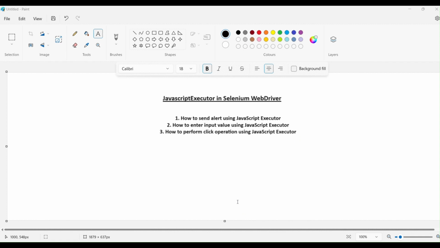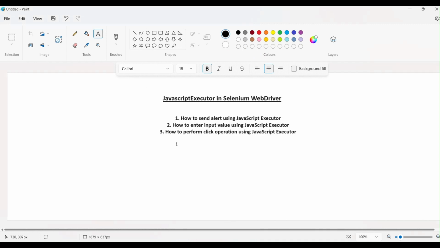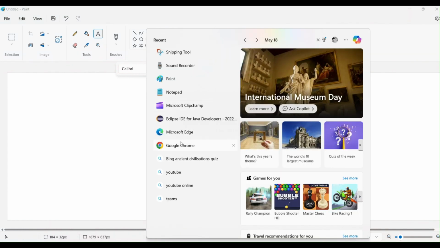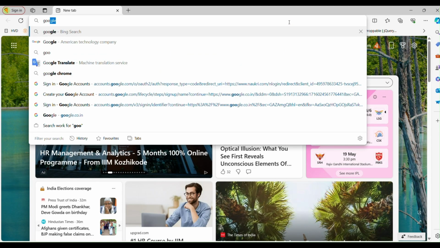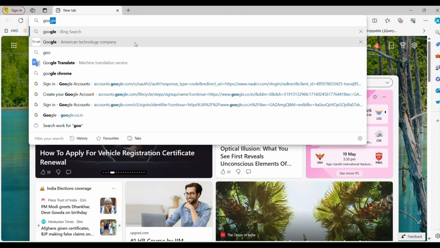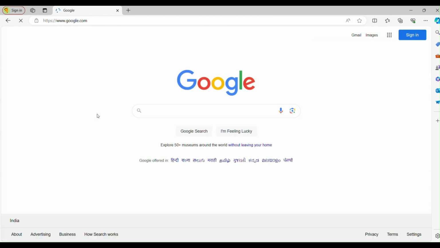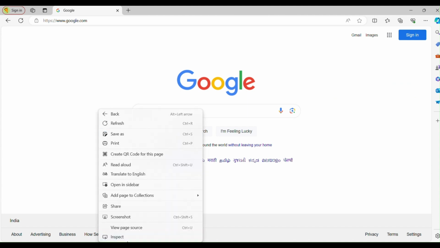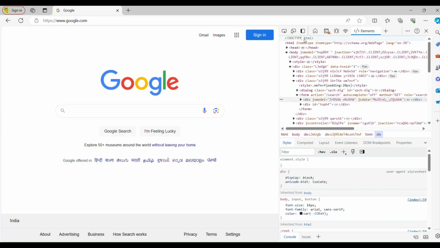So I will show you first one example where we can understand how JavaScript alerts show, right? Okay, so I am going to open the browser and open google.com. I want to show you first how we can see the alert. If you want to see any JavaScript alert, how can you create a JavaScript alert? So I will show you first here.